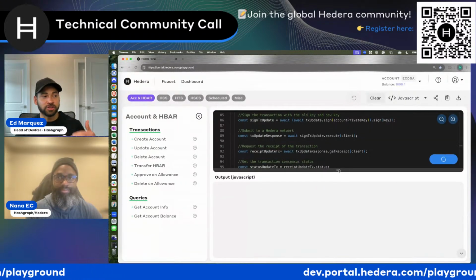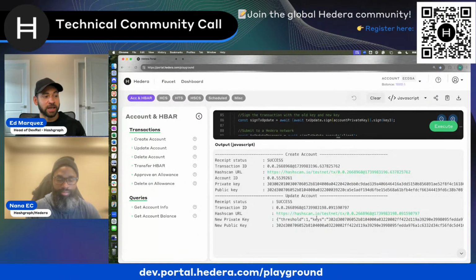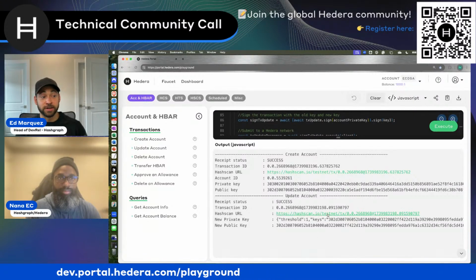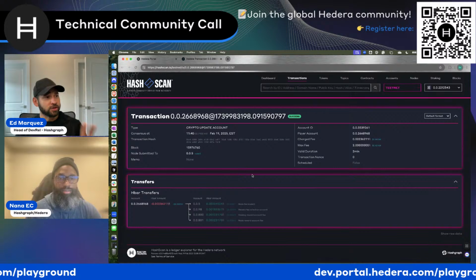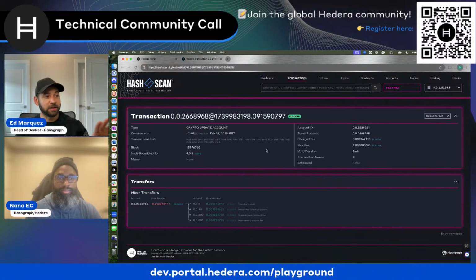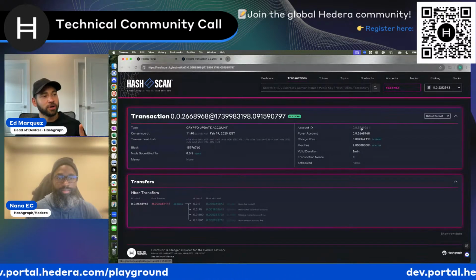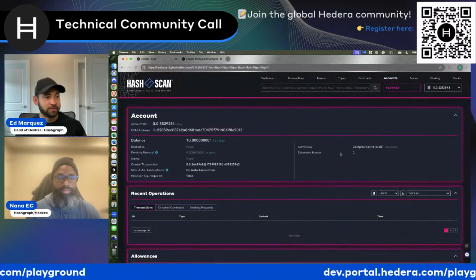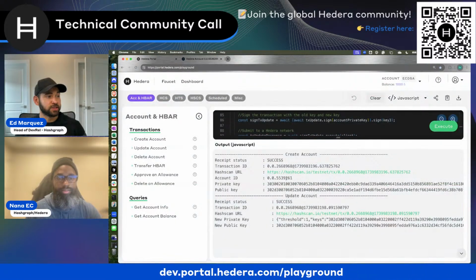But just like that, in just a matter of minutes and a few clicks, we were able to, again, create that account and update it so that it's now a multi-sig account. And if we look at this transaction information on Hashscan, here we see that transaction details, timestamp, payers, transfers, and all of that. But here I want to go to our account ID, to the entity that we just created in this step. So we can see it's 261.